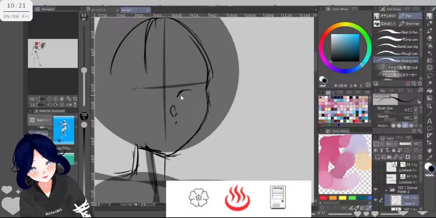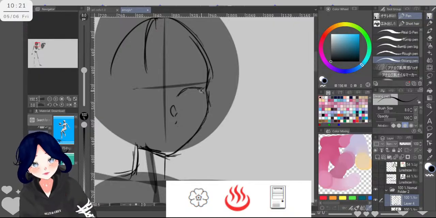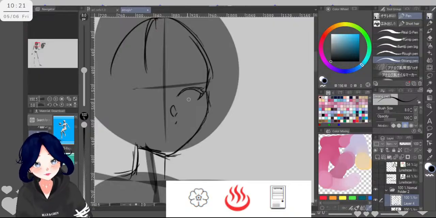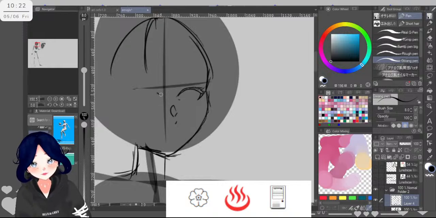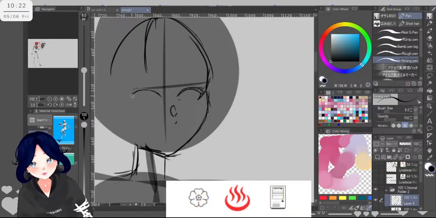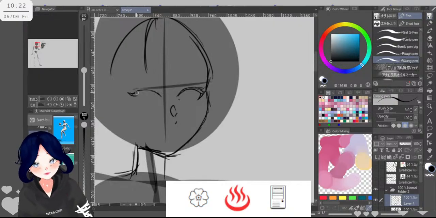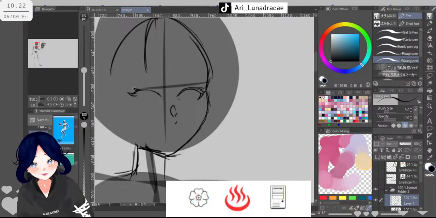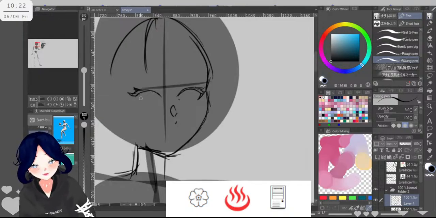So something I've been trying to do lately is to get actual anime style proportions, because I noticed one of the reasons why I found my art looking a little lost is because I followed, I don't know if natural proportions, but more anatomically correct proportions.